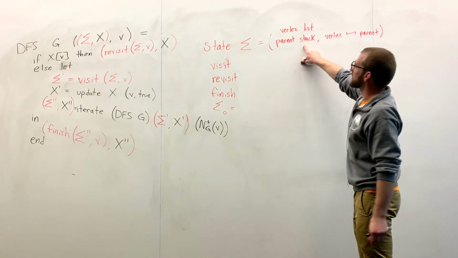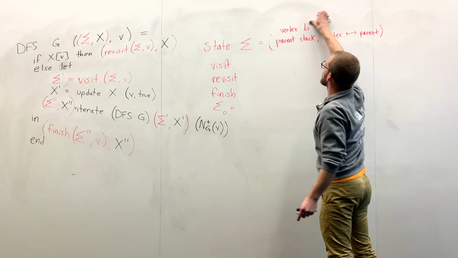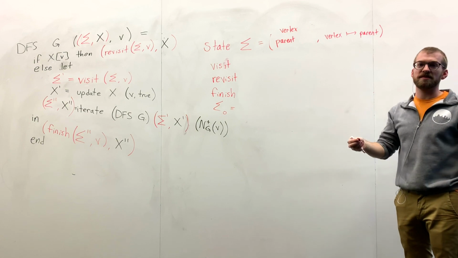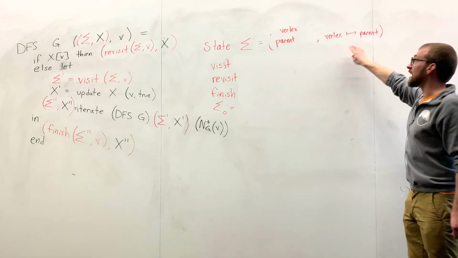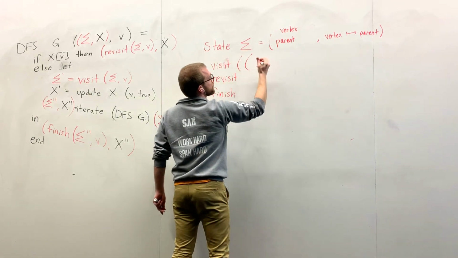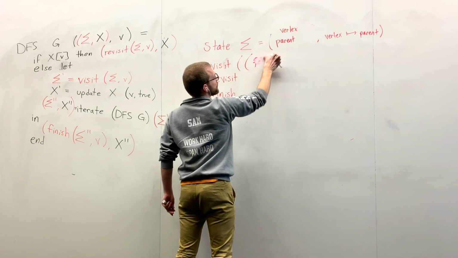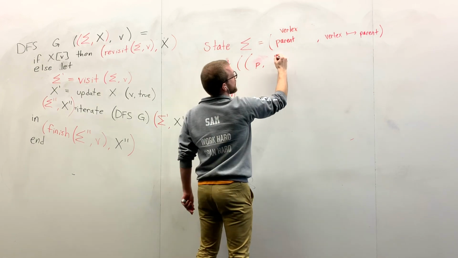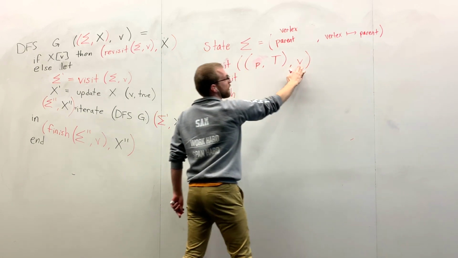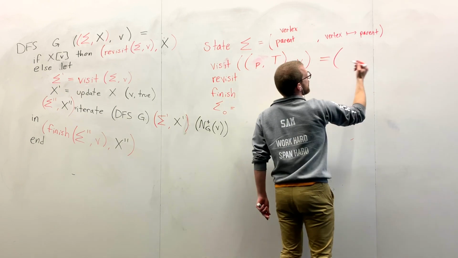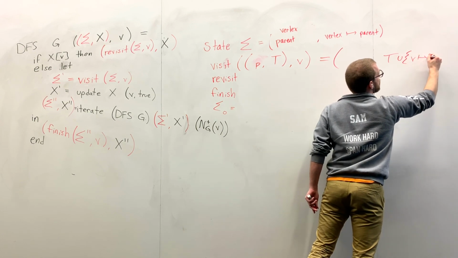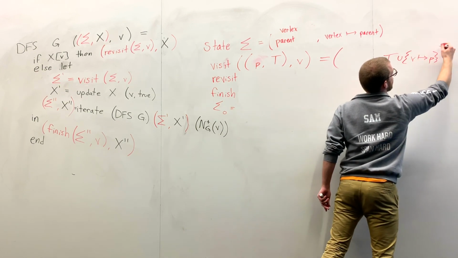So rather than using a stack, let's try to just use a single vertex. So the idea is we're going to just try to store what's the current parent, and we're going to update that as we go along, and we'll use that to update the vertex to parent mapping. So let's give it a try. Visit works, because what we can do is, if this is the current parent, here I'll write it with a little p, and this is the lookup table for the other parents. And if we want to visit some vertex, well, this is easy. We update the lookup table